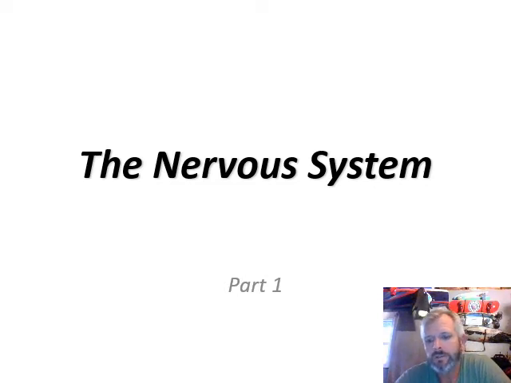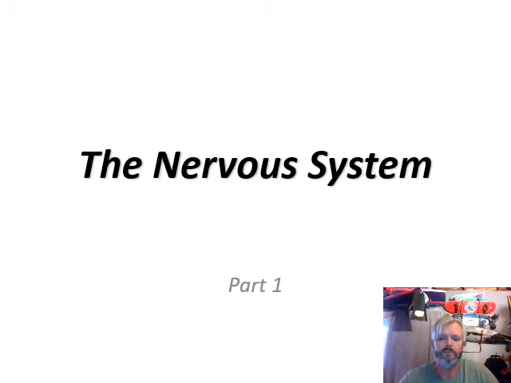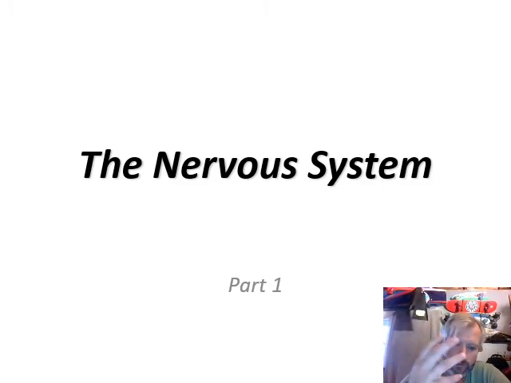All right, so this will be the first lecture into the nervous system. In part one, we'll get into the basics of the nervous system, the divisions and so forth. We'll look at the cells that make it up, and then we'll focus on the neuron. We'll look at what's called the resting membrane potential. Remember, the neuron does electrical signaling, but then at the end, at the synapse, it's going to transfer that into a chemical signal